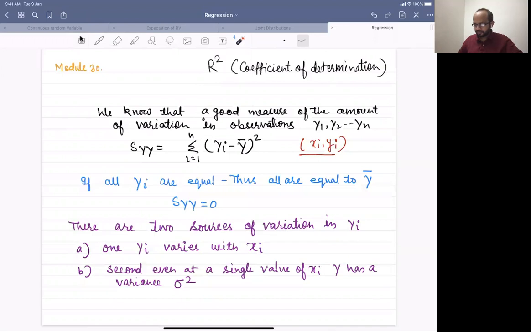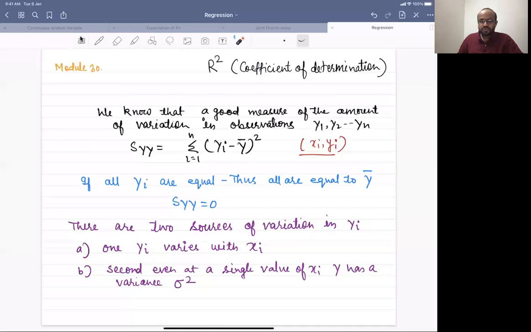Hello, students. In the previous modules, we have seen how we determine the coefficients of a linear regression problem, the straight line which we are going to fit over a set of data. We saw that we use the least squares estimators method to determine beta naught cap and beta 1 cap, which are unbiased estimators of beta naught and beta 1. This we proved. And then we also got the estimate of their variances.